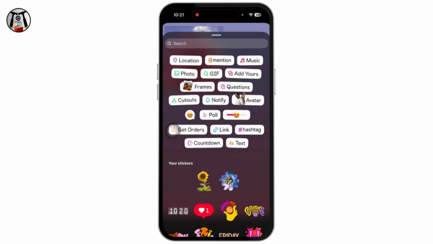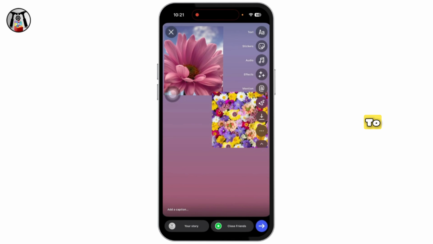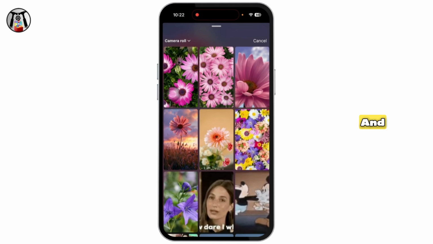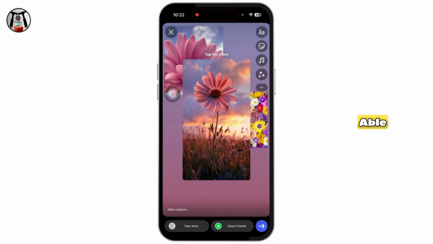Now by tapping on it, you are able to select its shape. Once you do that, place it. You can increase or decrease its size. Now you can repeat the same process. Go to stickers again, select the picture, select its shape and place it. So this way you are able to put multiple